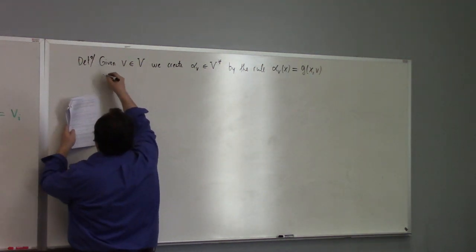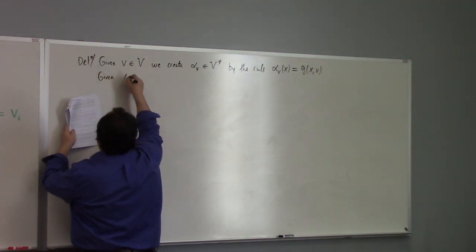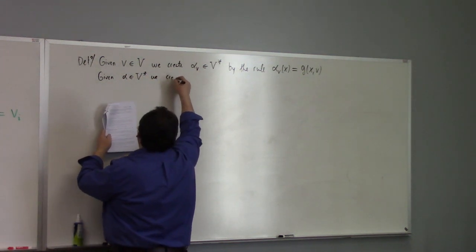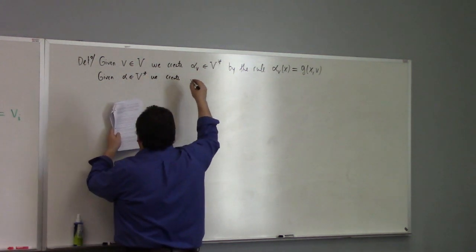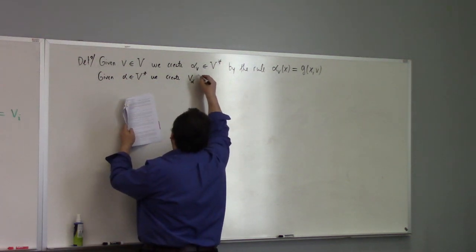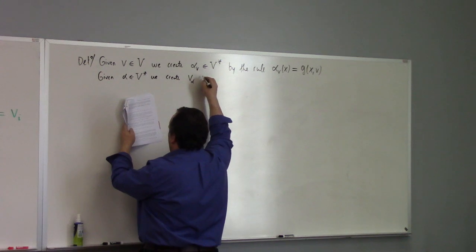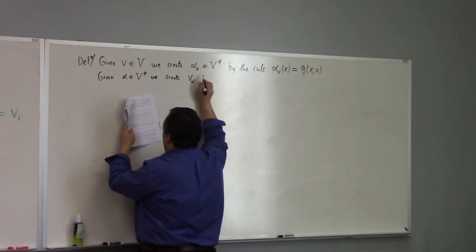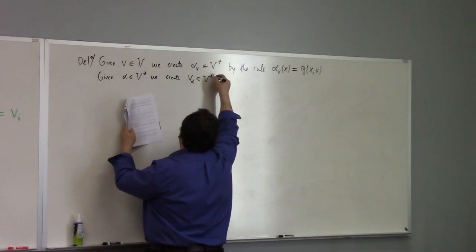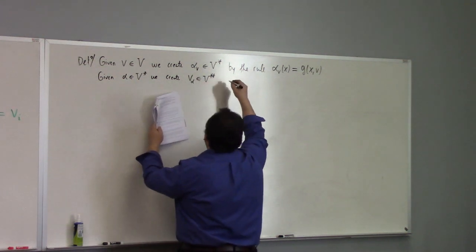And likewise, given alpha in V dual, we create v sub alpha of V double dual by the rule